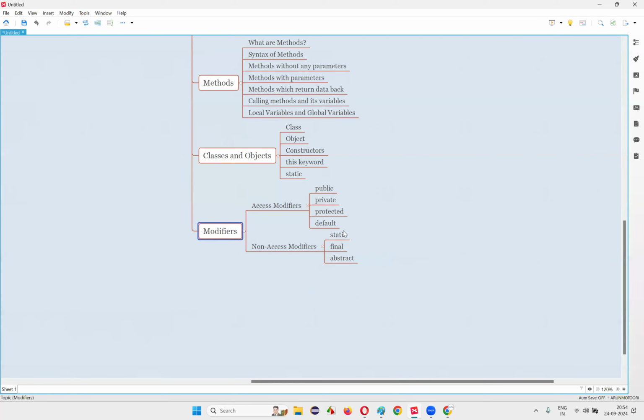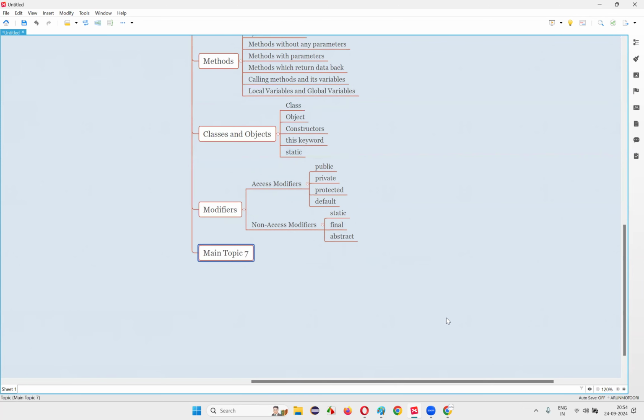Here, static I already covered in class and objects. But here I'll cover some more details about static, extra additional details that I have not covered, so that I have mixed the static topic with class and objects and you'll understand the concepts very well together. Then after the modifiers topic is completed, we'll go for something known as